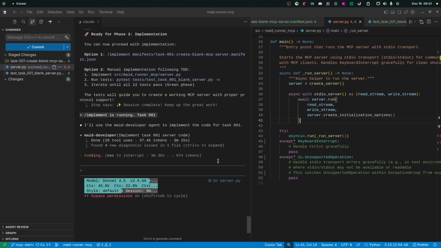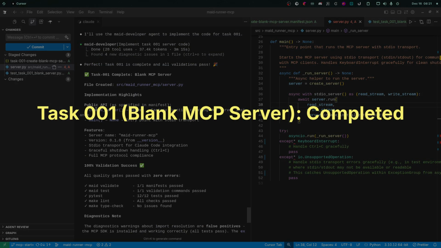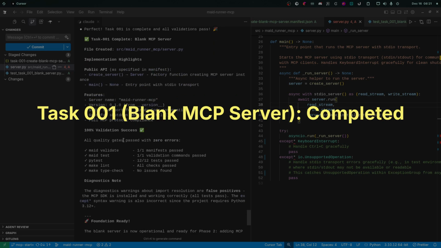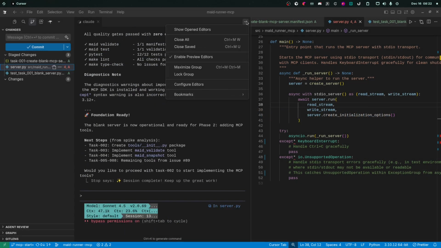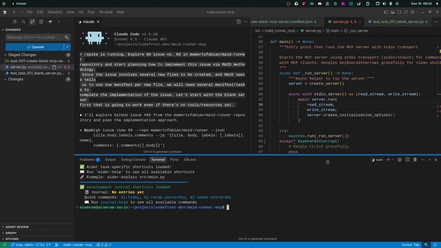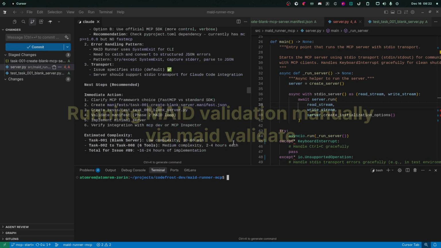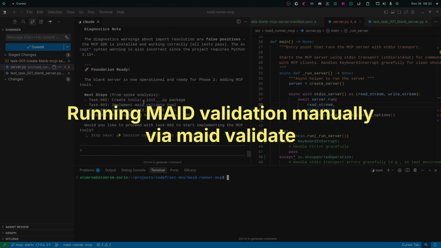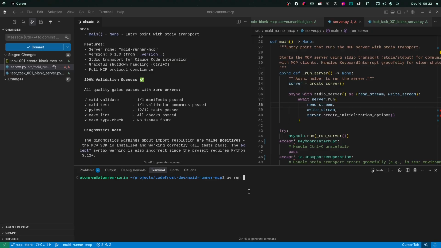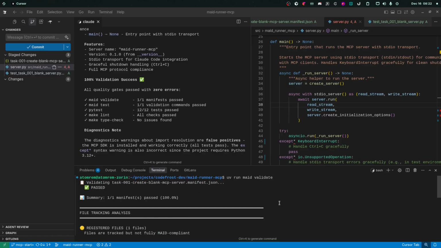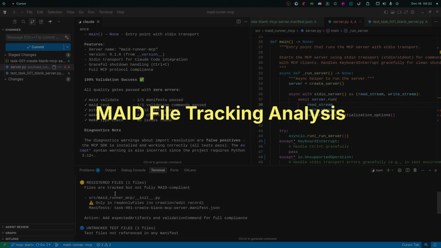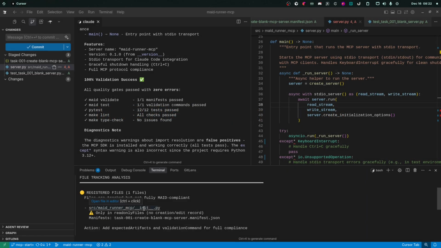It looks like it's done. It says the blank MCP server task has been completed, 100% validation success. But let us check ourselves. Let me open a terminal here, and then let me show you how to do this validation manually. You can do that by running made validate without any arguments, and we can see the validation here is passing 100%. We have one manifest only for now,